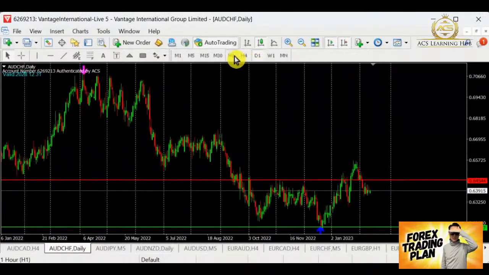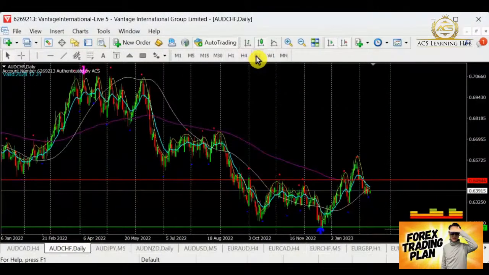Let's take a look at Aussie Franc. Today, by looking at this area here, it's escalating and setting up a higher support over here. So at the moment, I will be looking into buying. It has not actually come into the selling yet, so I will just hang off that.